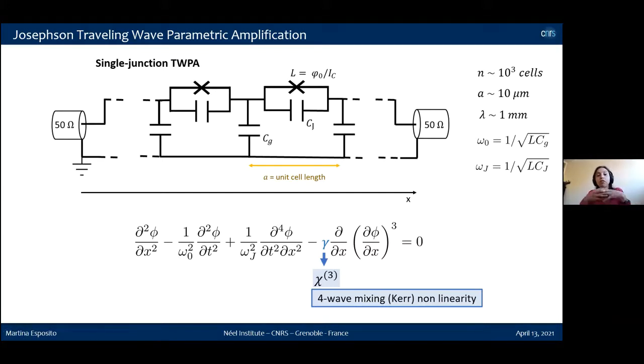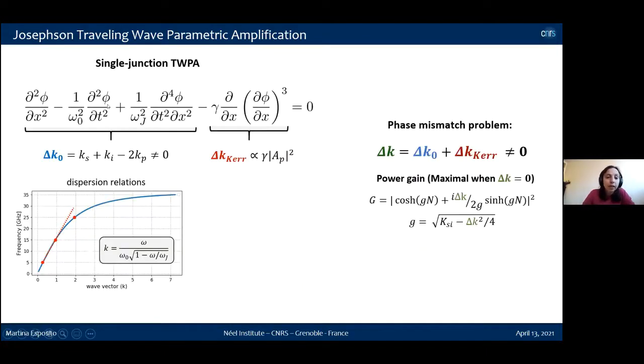However, it's also a problem for the phase matching. In fact, if we now divide this wave equation in two parts, a linear part and a nonlinear part, we can see that the total phase mismatch is given by two different contributions. The first contribution is this delta K0, which is coming from this part of the wave equation, and is basically coming from the fact that the dispersion relations in this transmission line are not perfectly linear. This means that since the dispersion relations are not linear, then we will have some phase mismatch that we call